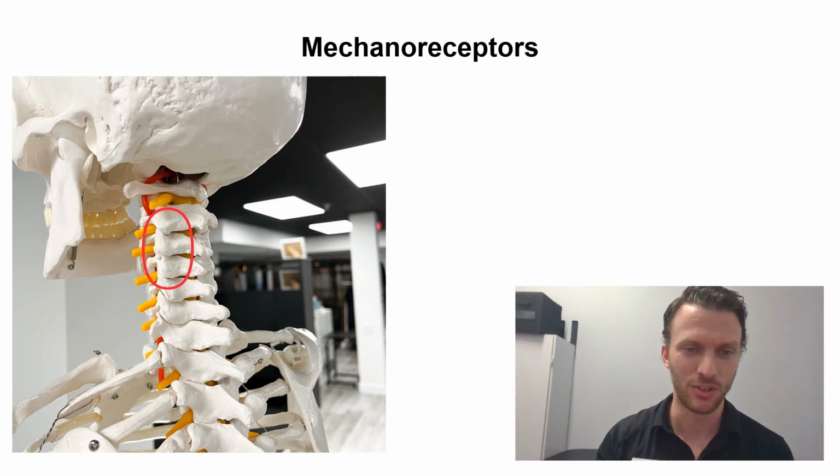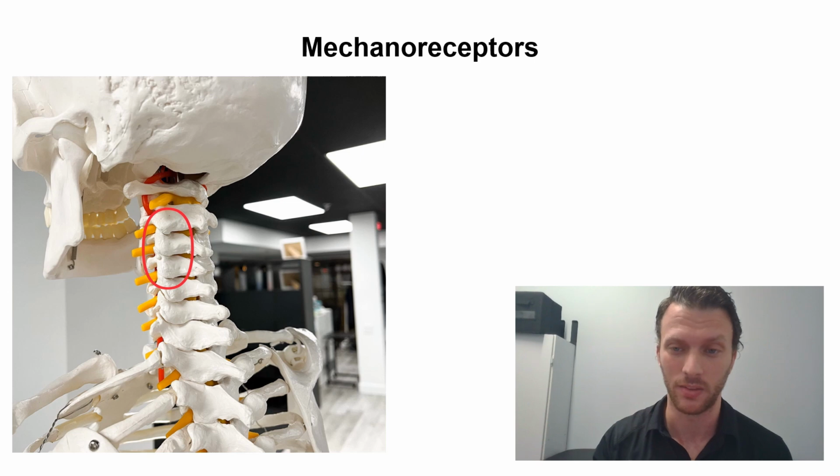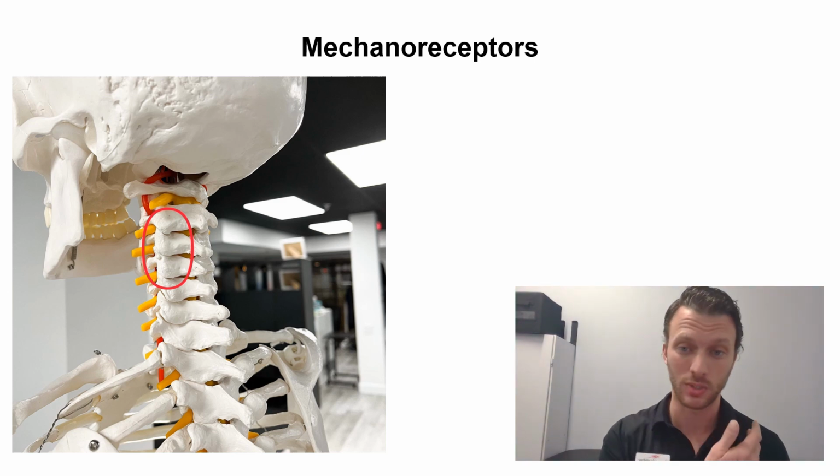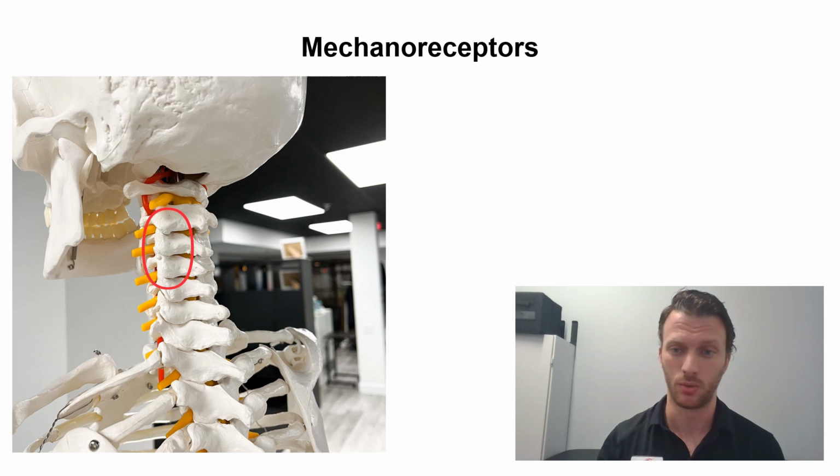And then I have here just like a model of a little skeleton, and you can see these facet joints along the side. These are a good example of the joints that are going to be affected. So think with this, anytime you go back or turn to a side, you're going to be closing down that space. So some of the tests that I would do or a clinician might do for you to see whether